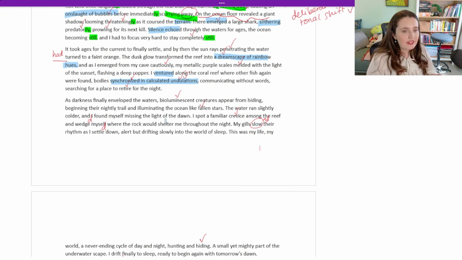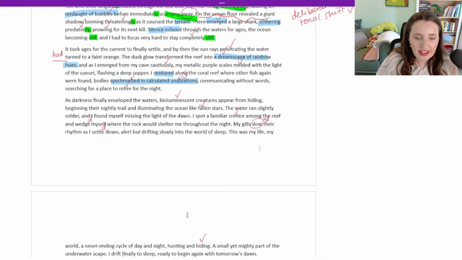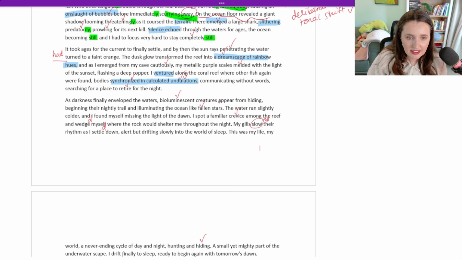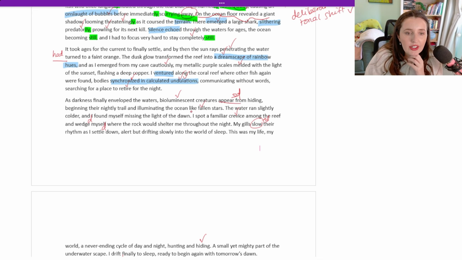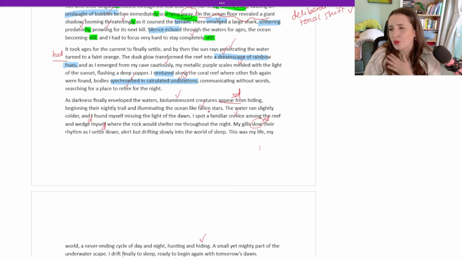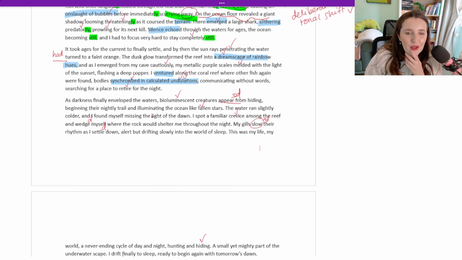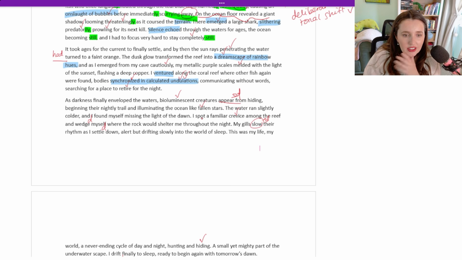As darkness finally enveloped the waters, bioluminescent creatures appear from hiding. Just notice there, that is another present tense slip. It should be appeared, right? Beginning their nightly trail and illuminating the ocean like fallen stars. Oof, that image. The water ran slightly colder and I found myself missing the light of the dawn. I spot, present tense again, a familiar crevice among the reef and wedged myself where the rock would shelter me